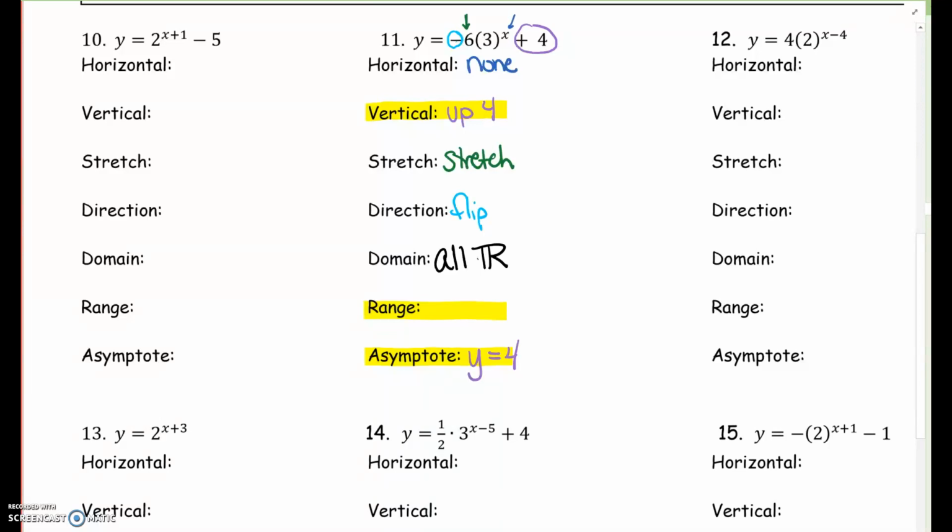The range and the asymptote are tied to the vertical shift. Because this graph moves up 4, the asymptote also moves from 0 to 4. And the range is going to involve the number 4. Because there was a flip,